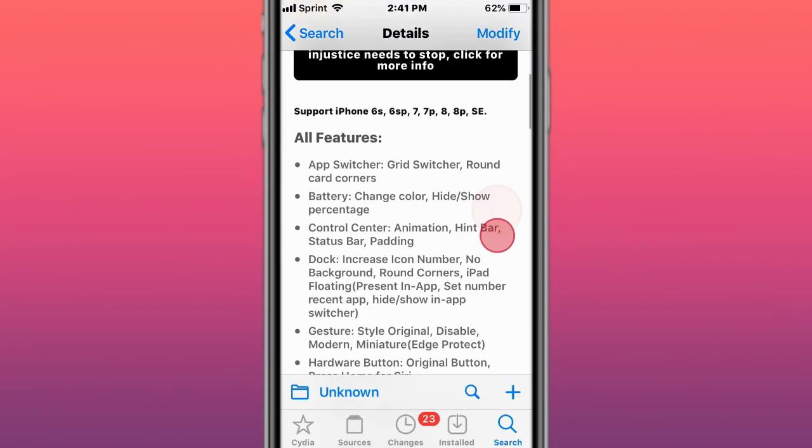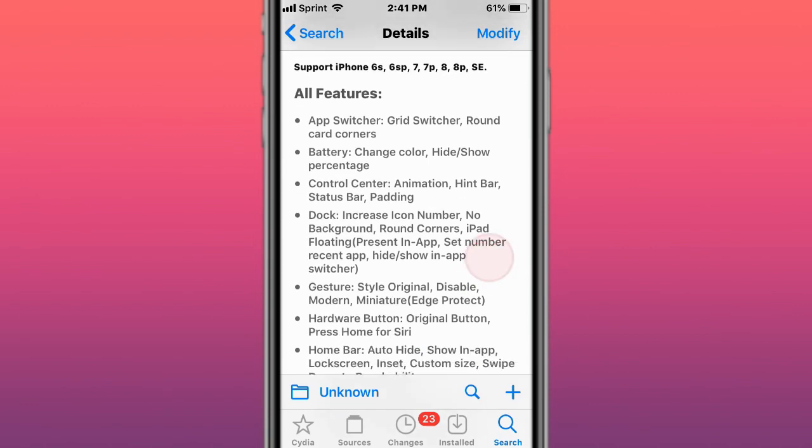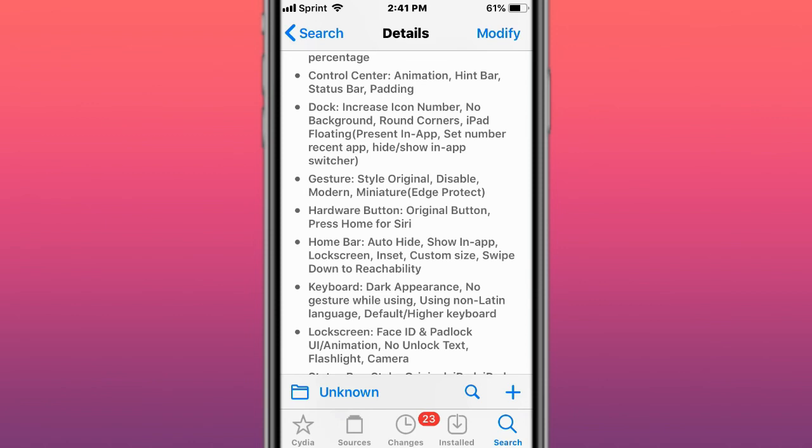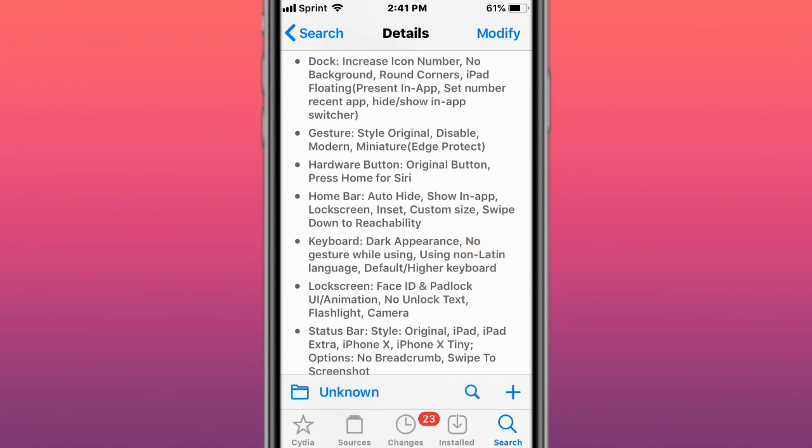The first is called ProGesture. It has App Switcher, Battery, and supports iPhone 6s, 6s Plus, 7, 7 Plus, 8, 8 Plus, and the SE. You can increase the dock icon numbers. Gesture style: original, to scale, modern, miniature, hardware button,